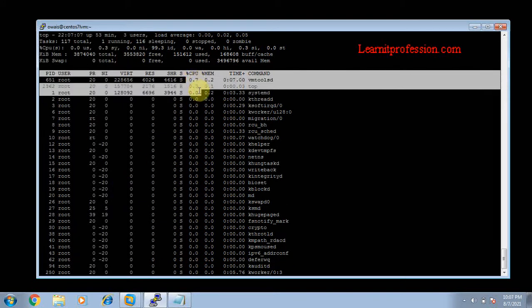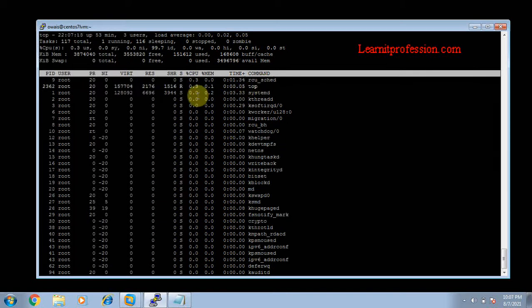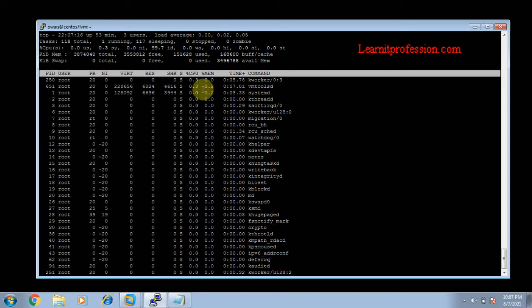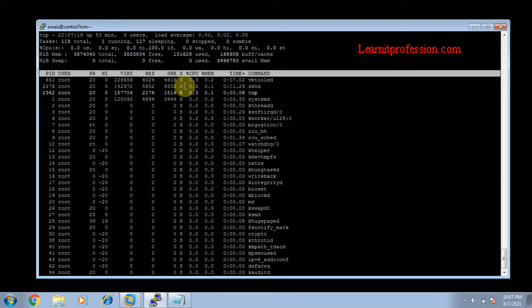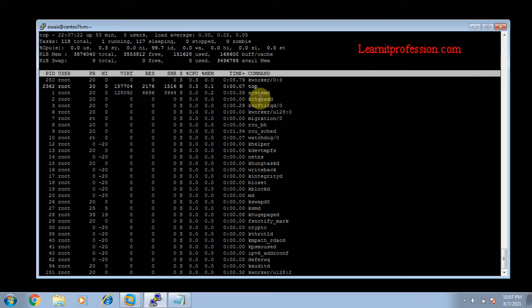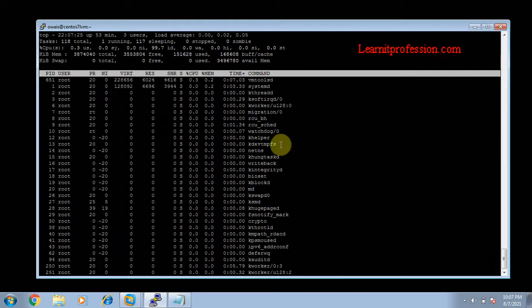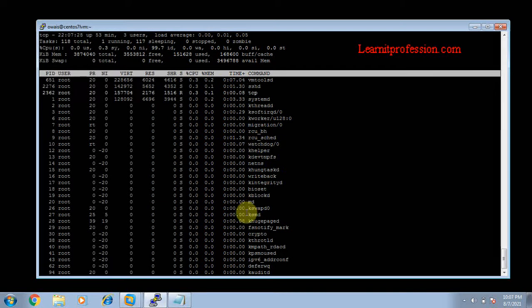Here 0.7, 0.3 means the top command consumes 0.3, systemd uses 0 at this time, and SSHD uses 0.3. SSHD means secure shell. This is PuTTY, so the SSHD protocol is used to take the session.